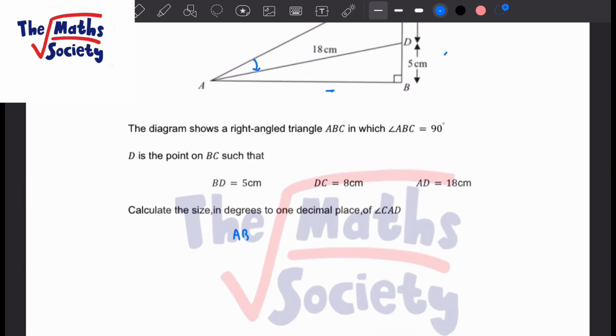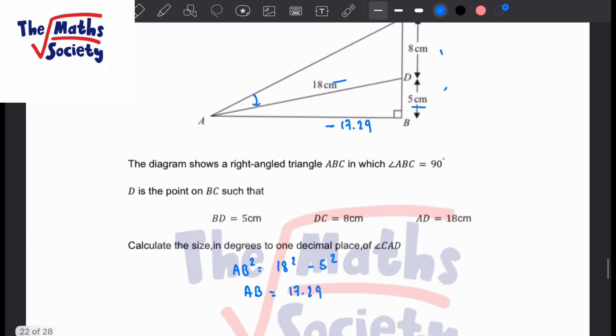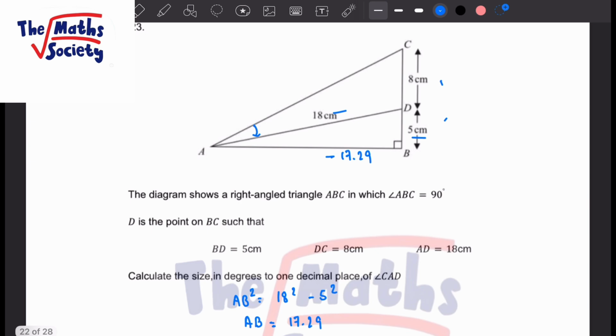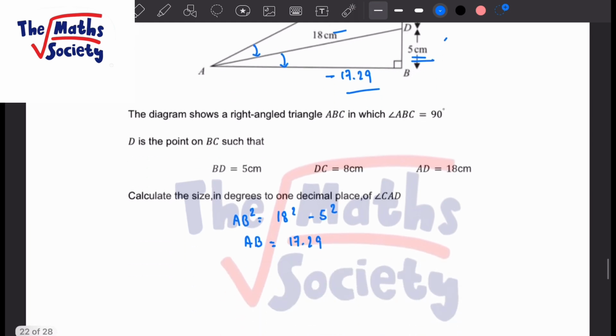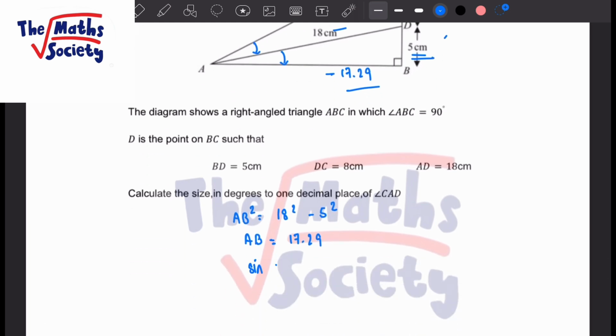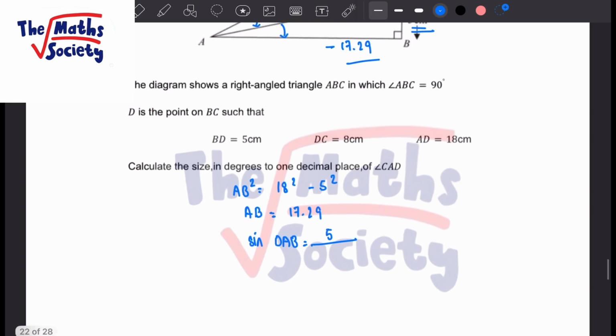So AB squared equals, you can use two sides, which is 18 squared minus 5 squared. Means AB is just going to be 17.29, which means this side is 17.29. And then we can try to find this little thing first, which is DAB, because we have two sides in here. So using sine, we can try to find sine DAB. That's going to be 5 over